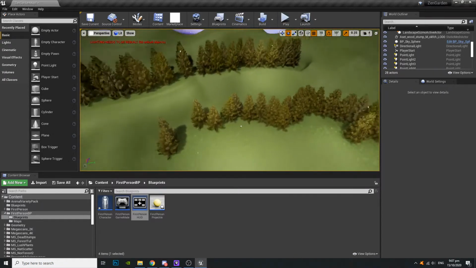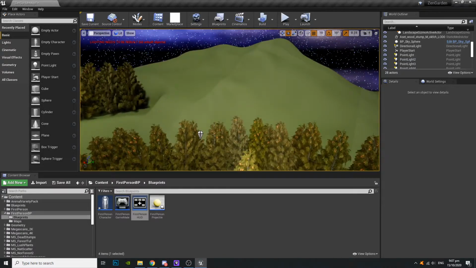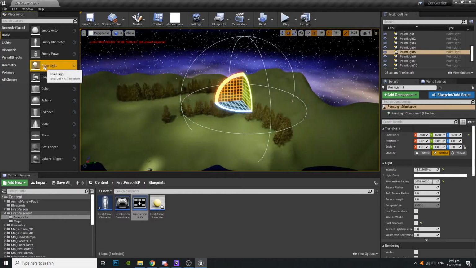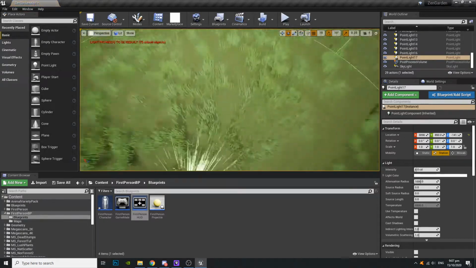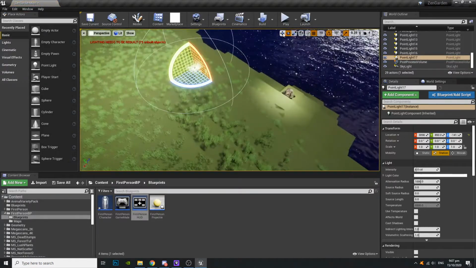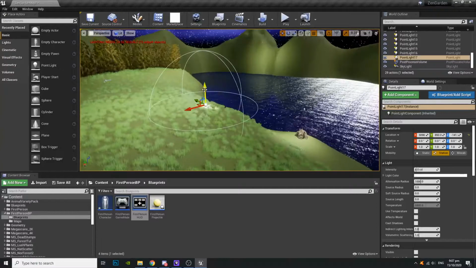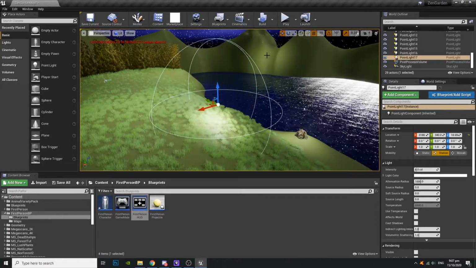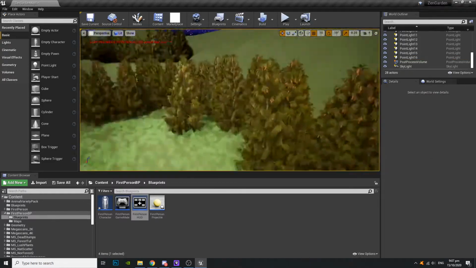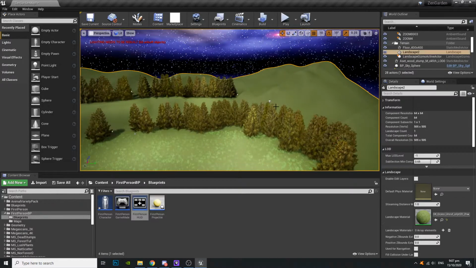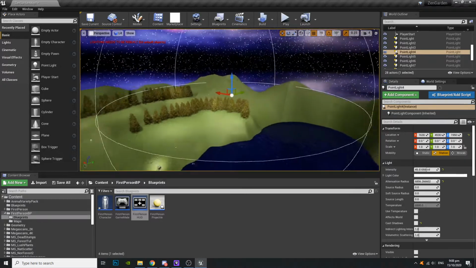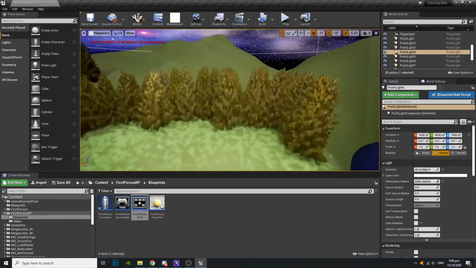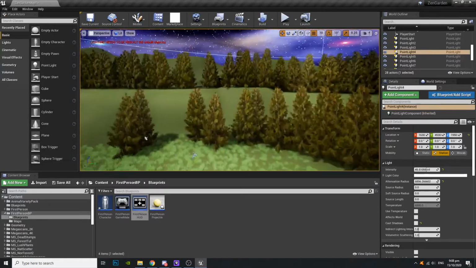But I went about a roundabout way of creating these point lights, which are just little, you can see this one here, they're tiny little orbs where you can edit the light, and it emits a light. That's it. That's all it is. So I used these and increased the radius and made them soft lighting to make these trees not be